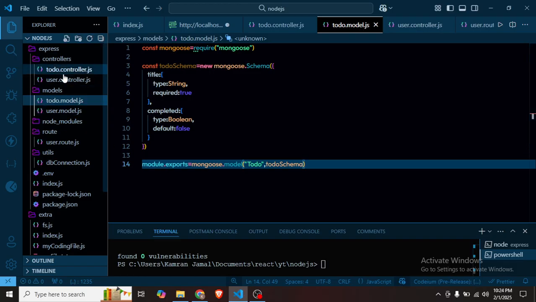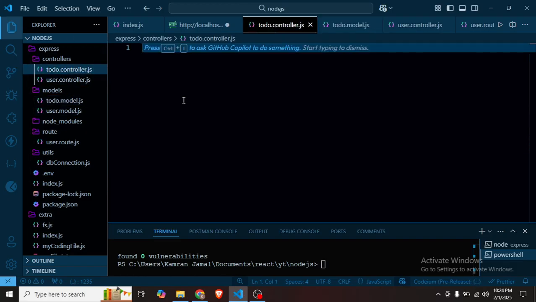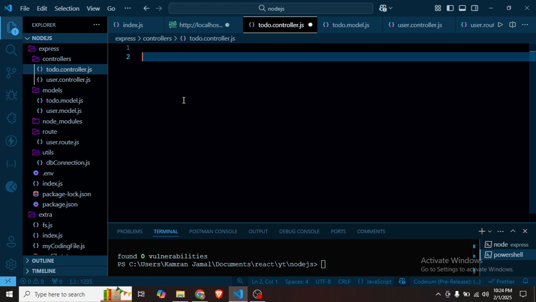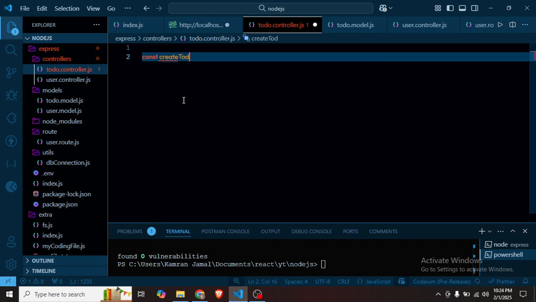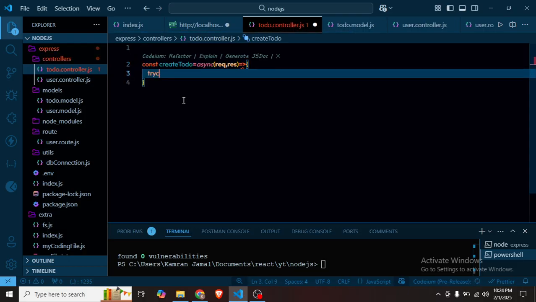Now let me create functionalities for this. First let me create a method for creating the to-do. Okay, so const createTodo, which is an asynchronous function, request, response, should be try catch. Okay,